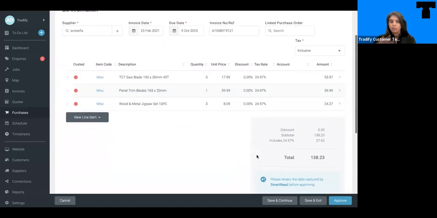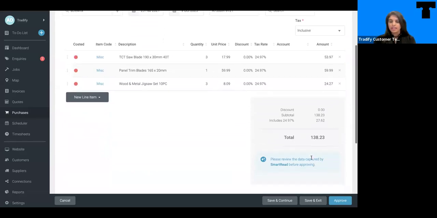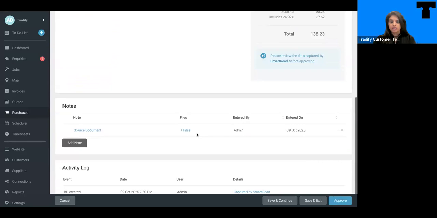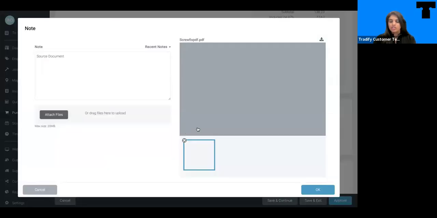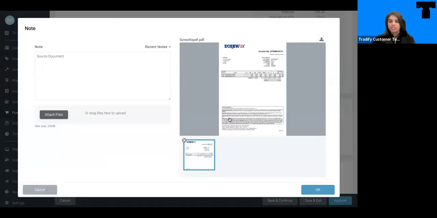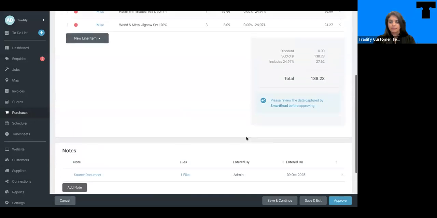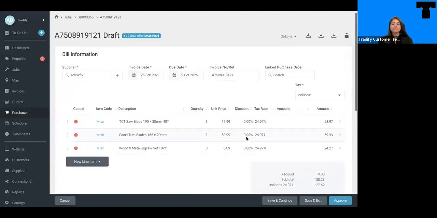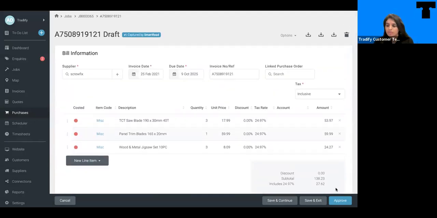So I know when I went to Screwfix, I spent £138.23. And if I scroll down and click on files, I can show you the receipt I just uploaded, just a receipt from Screwfix. Perfect. So as soon as you're happy with it, you just hit the approve button here at the bottom,